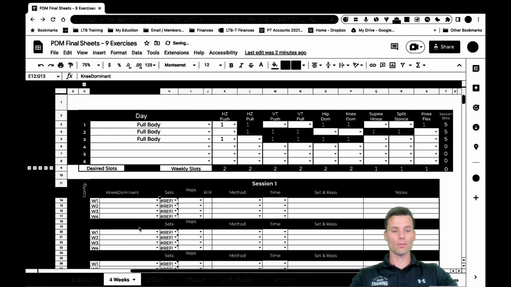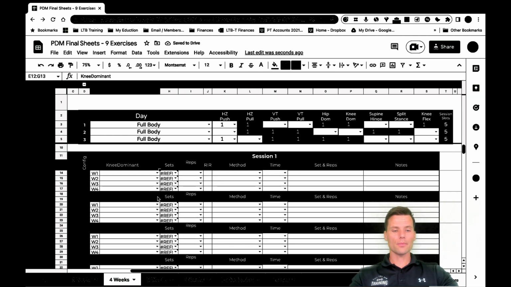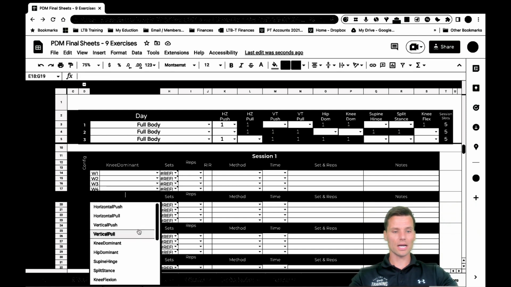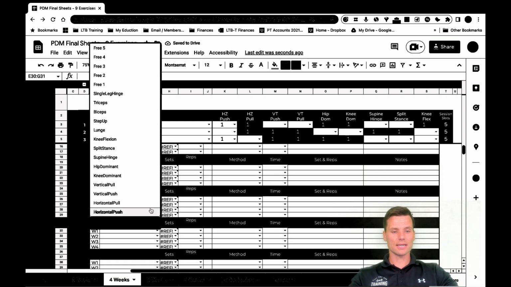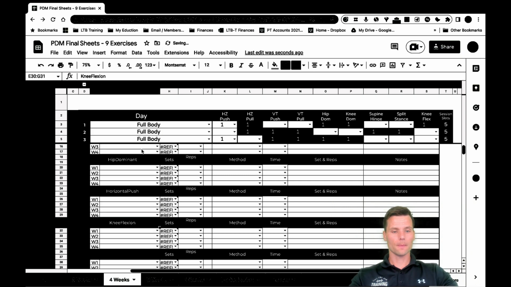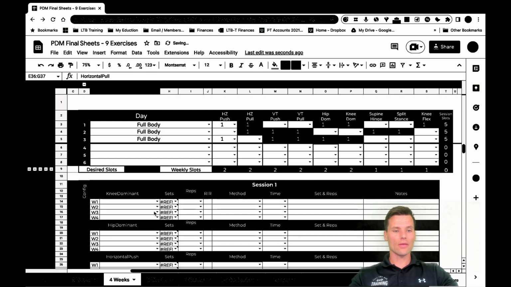is going to be a knee dominant movement. And if I just drag this down here, you guys will be able to see it as I move up and down. And then I'm going to pair my hip dominant movement, my secondary movement for the day, with my horizontal push. And then we said we're going to do my knee flexion with my horizontal pull, because they won't compete with each other. And then we'd be able to say, again, a little bit further down the line here